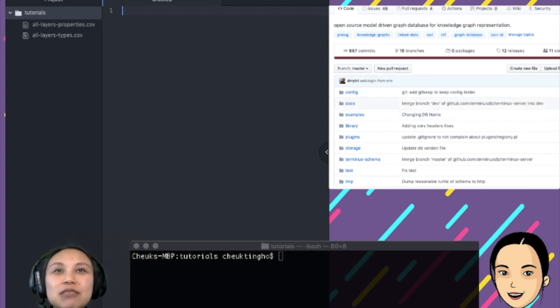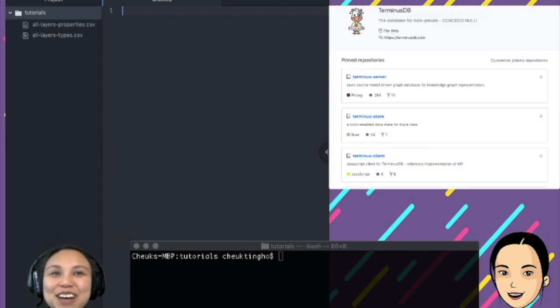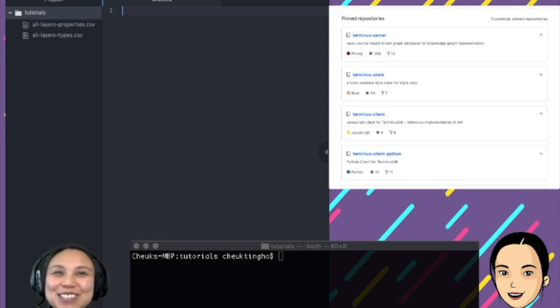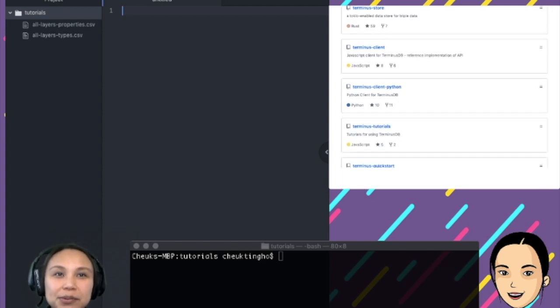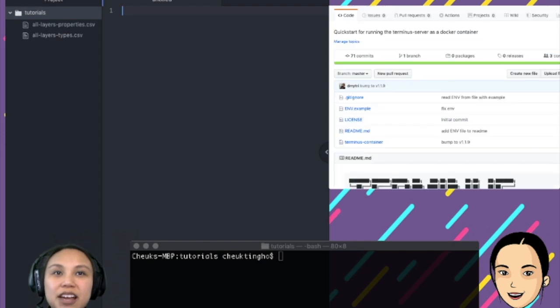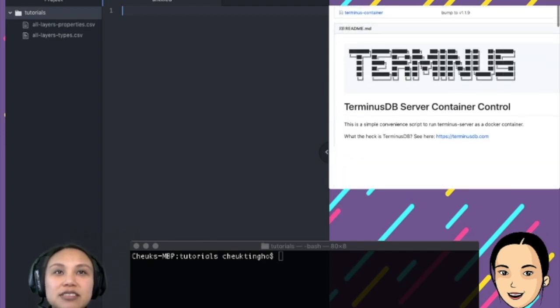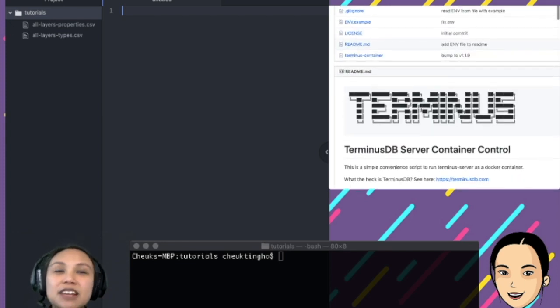So let's go to our quick start here. Sorry, your window may be a little bit small to see the browser, but I'm reading it out, so hopefully you can still get it. If you go to our GitHub repo, we have Terminus QuickStart. Terminus QuickStart is a script written by my colleague, and basically you can just download this repo and run it.